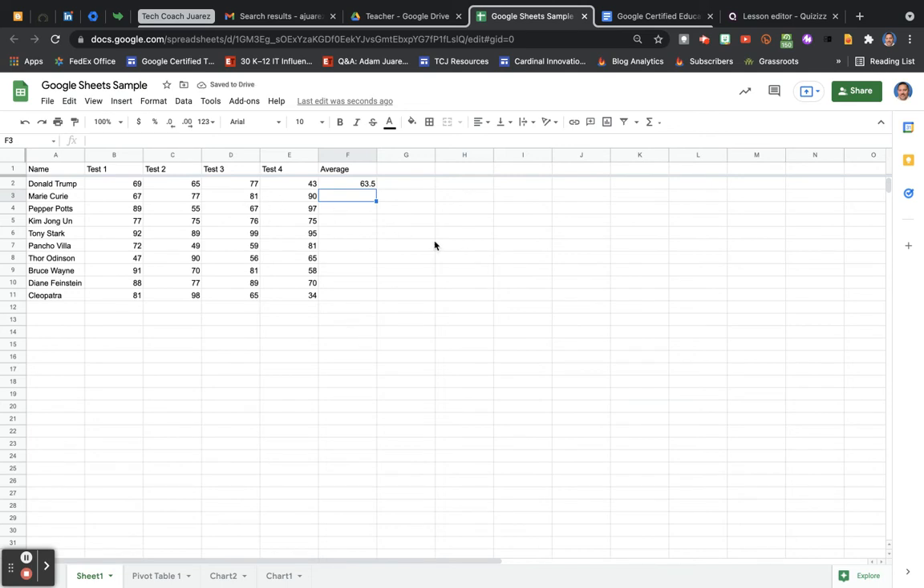Now for the rest of them, it's very quick. If I click in that first student's row and his average score, and I hover over and take the little blue box there in the bottom right of that cell and drag down, it'll apply that average score formula